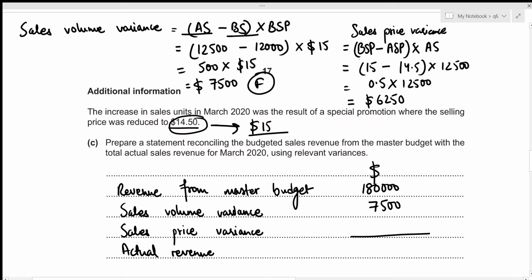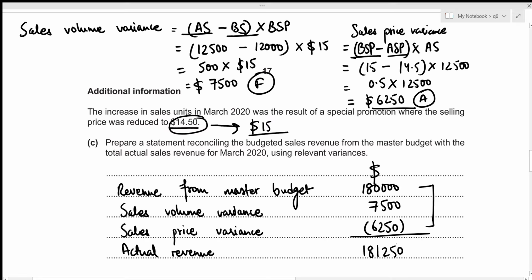And we can see that our budgeted sales price is greater than the actual selling price per unit, right? Which means that this is not a favorable condition because the selling price per unit, whatever we anticipated, is lower than that value. So this is an adverse case, which means that we need to subtract this value. So that's going to be 6,250, but a negative value. So now we can figure out our actual revenue. That's just going to be 180,000 plus 7,500 minus 6,250, which results in the value of